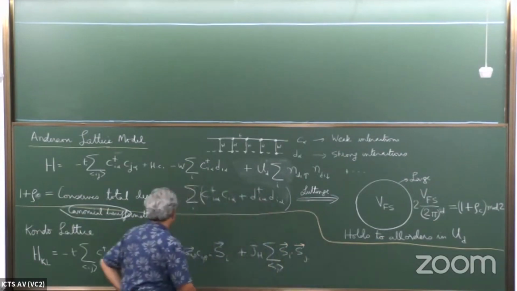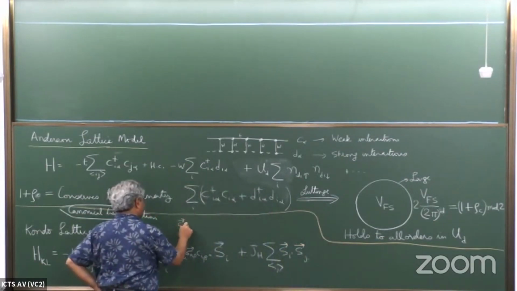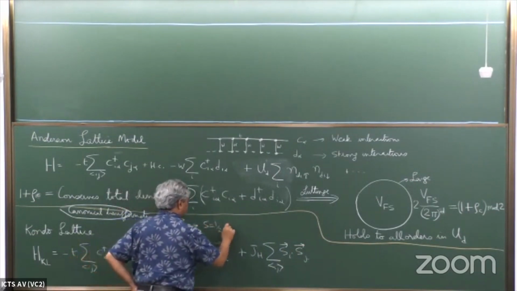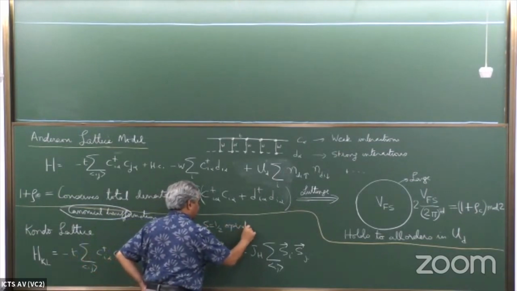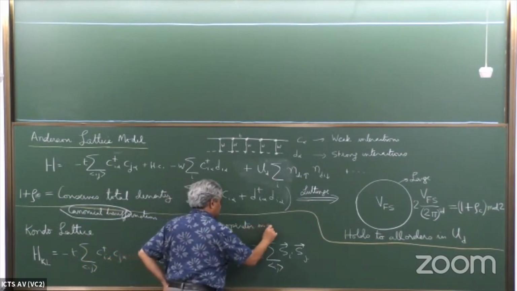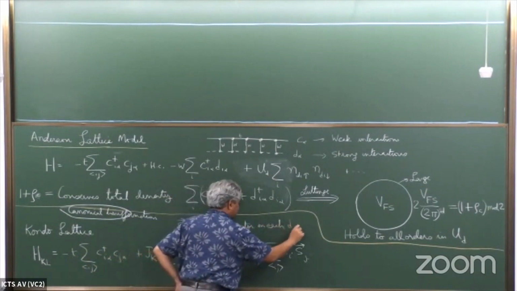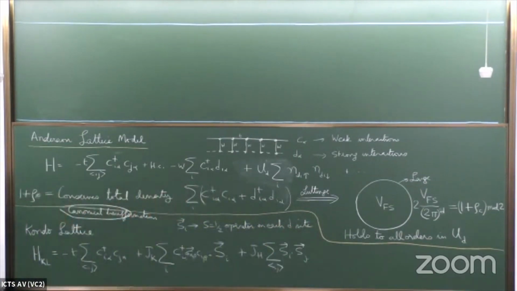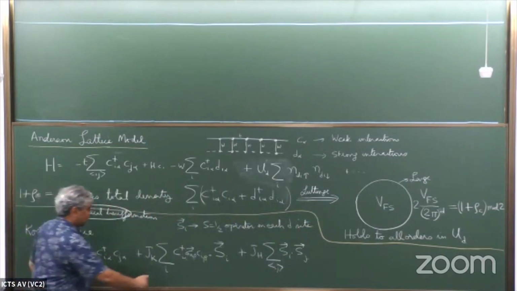And here, S_i is a spin-1/2 operator on each D site. All right, so this is the Kondo lattice Hamiltonian,